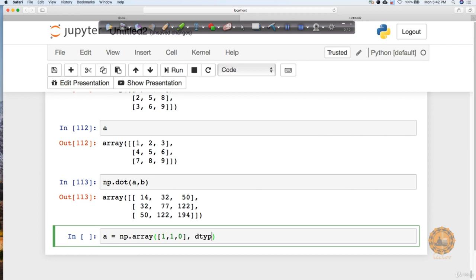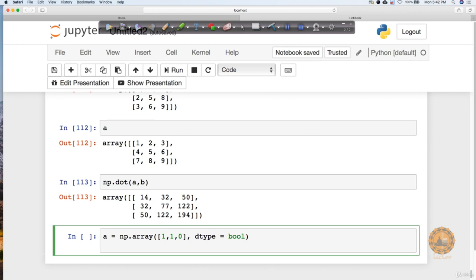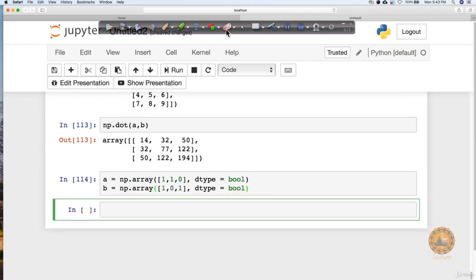So I will say dtype is equal to bool. So this is now going to treat 1 as true and 0 as false. Now similarly I can say b is equal to np dot array, and pass the same kind of values 1 0 1, and I'm saying that I want these values to be treated as boolean. So I can just say dtype is equal to bool and it will take care of it.